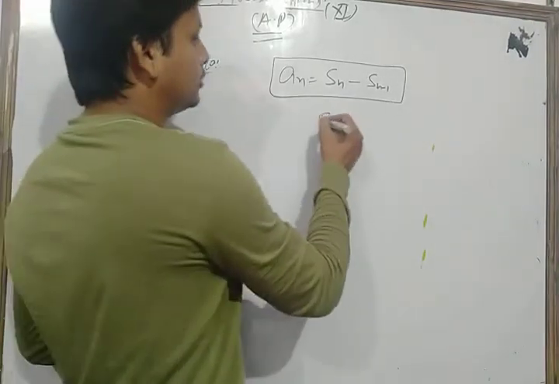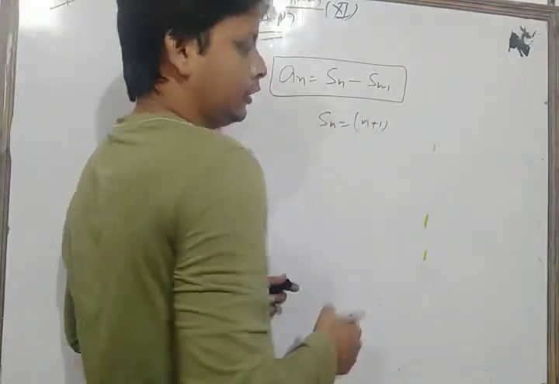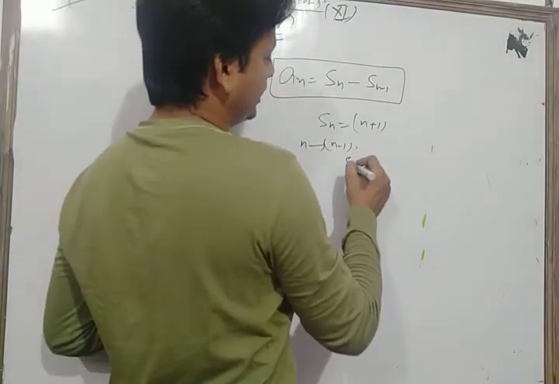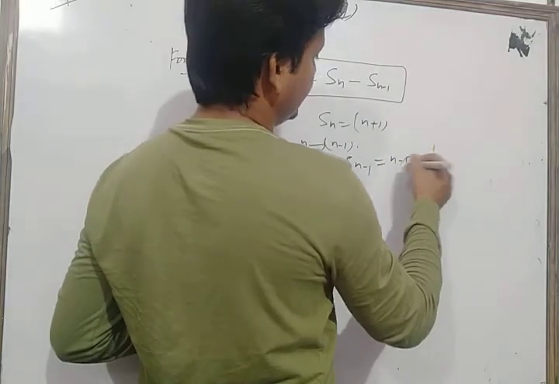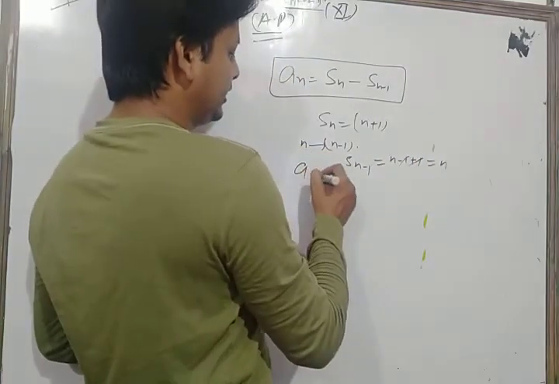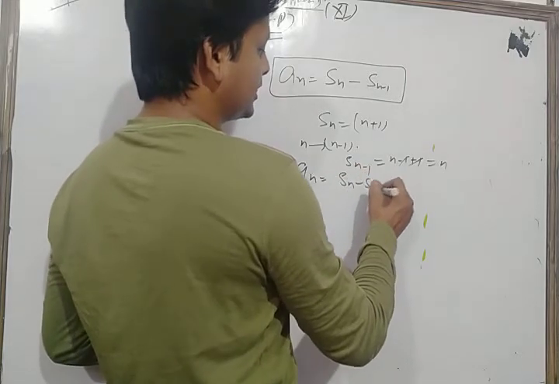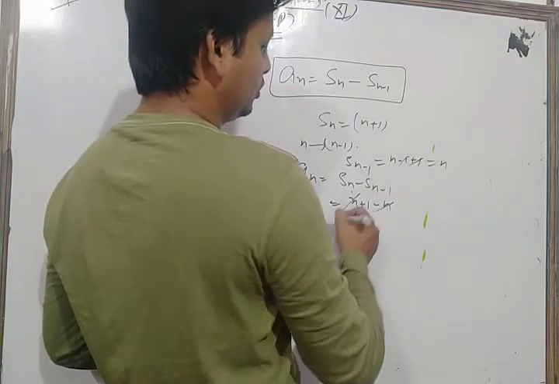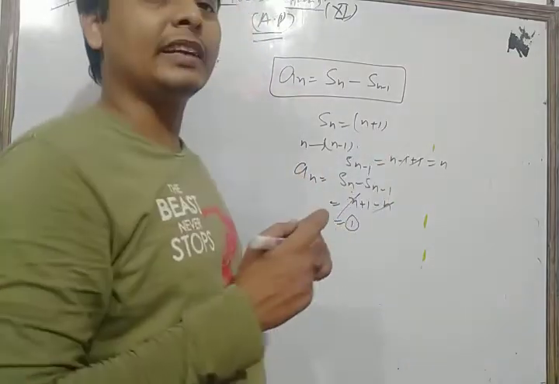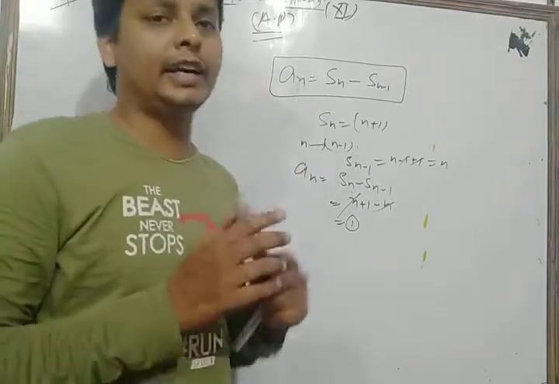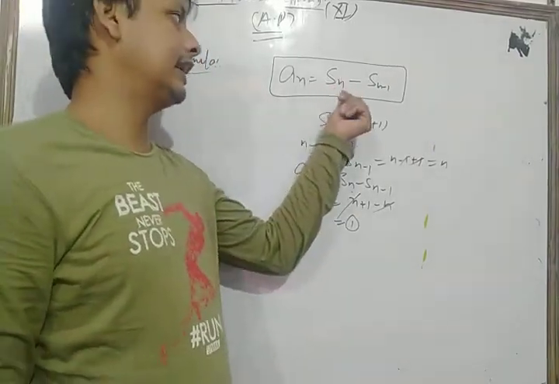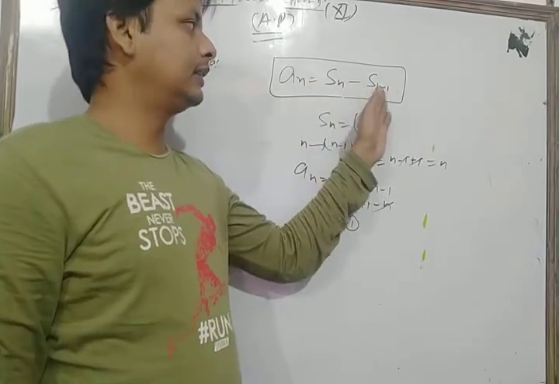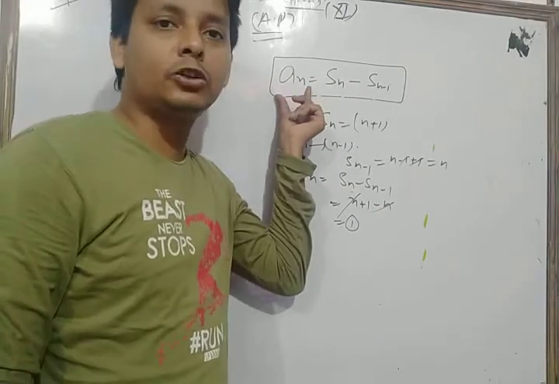Suppose that the sum of n terms of an AP is given by n plus 1. Now you replace n by n minus 1. So you get Sn minus 1 is equal to n minus 1 plus 1, which is n. Then the nth term of this AP is Sn minus Sn minus 1. So we have Sn, meaning n plus 1, minus n, which is 1. This is an example. First, if you find the nth term of an AP, you take Sn which is given in your question and Sn minus 1. Now after subtracting these values, you get your result as the nth term of the given AP.